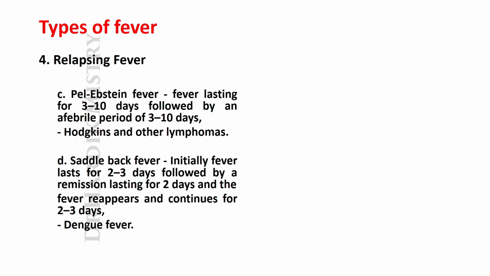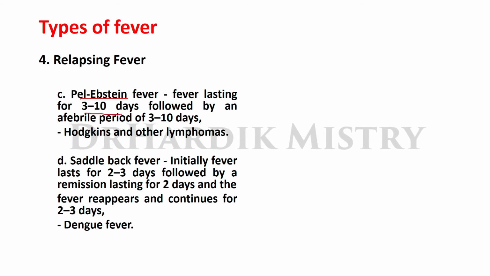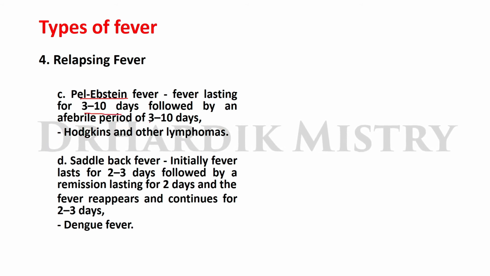Now the third one, Pel-Ebstein fever. Fever lasting for 3 to 10 days, that is followed by an afebrile period of 3 to 10 days. And it is seen in cases of Hodgkin's and other types of lymphomas. So Pel-Ebstein fever means fever lasting for 3 to 10 days, followed by an afebrile period of 3 to 10 days. So here the fever starts,